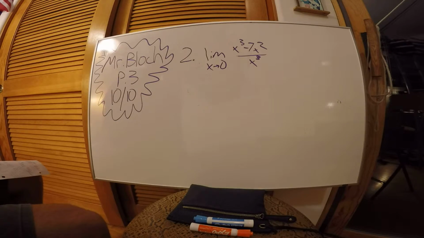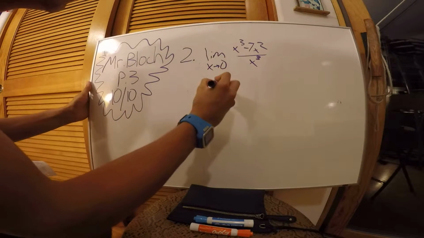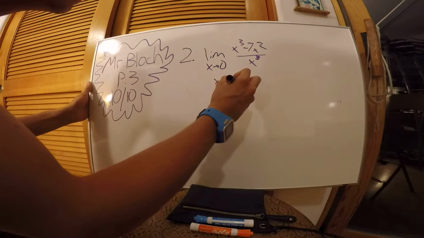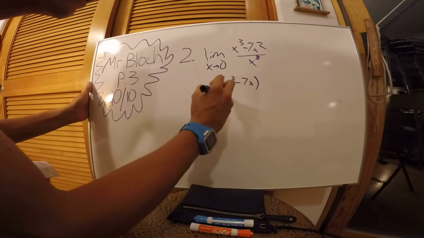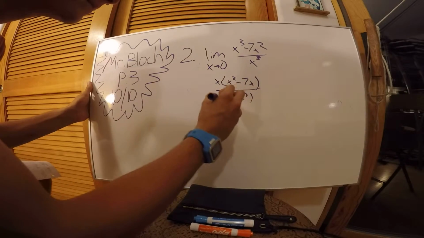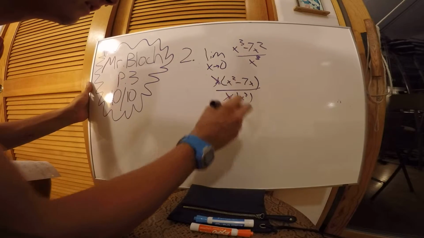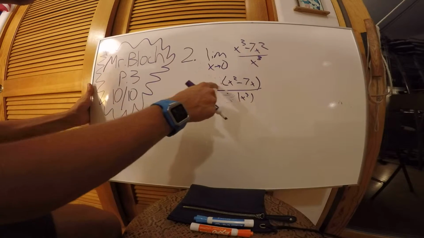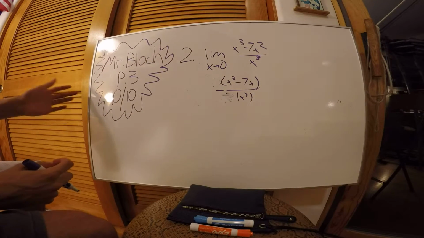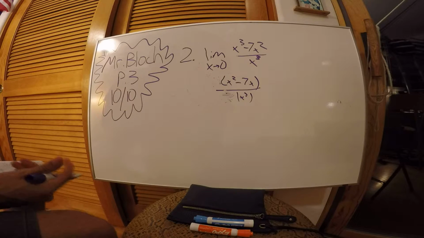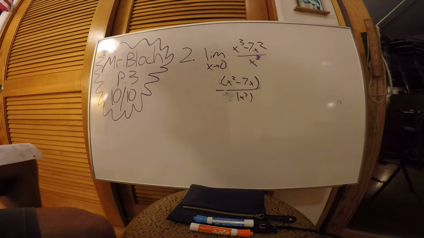You can do this by taking out an x squared in the numerator, leaving x minus 7, all over x. You can take out the x, and you're left with this. So you're probably going to tell me, Gabe, what's up? We're still going to get 0 in the denominator. This is true, but if we